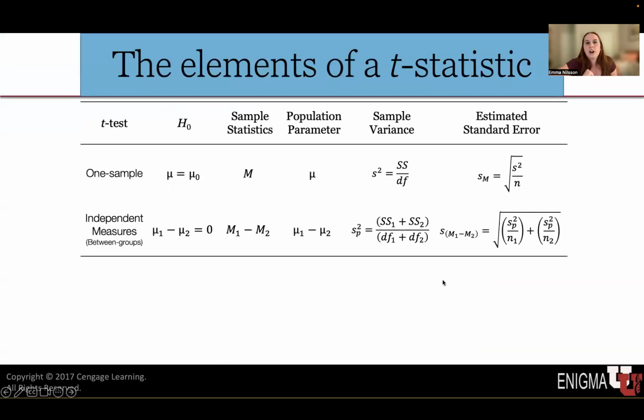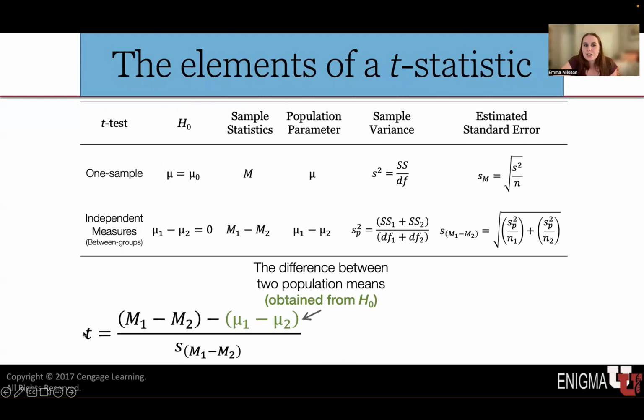So here is a summary table of some of the elements of a t-statistic. Feel free to spend some time with this. Make sure you understand the differences between the one sample t-test that we talked about last time and the independent measures t-test that we're talking about today. I'm not going to go over it too much because we have already gone over this, but the one thing that I will use this to point out